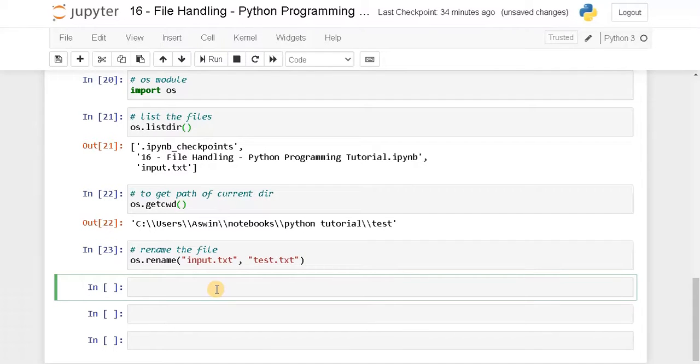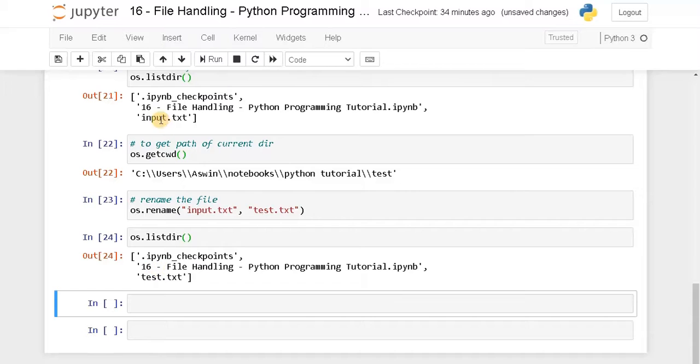Check the contents in the directory, os.listdir. See, it changed the input.txt file to test.txt. You can use the list directory in a loop to access all the files, and you can rename the files in a batch. That will be very useful for a huge amount of file processing.